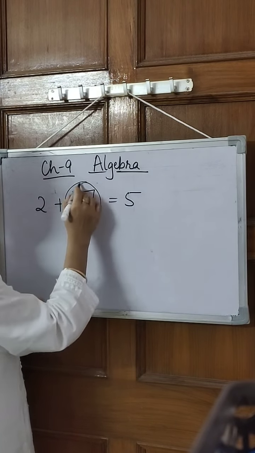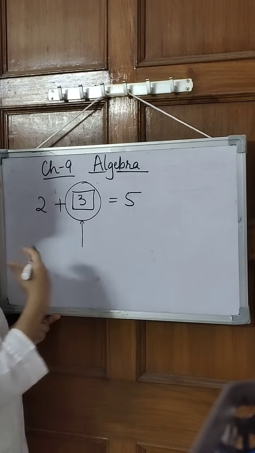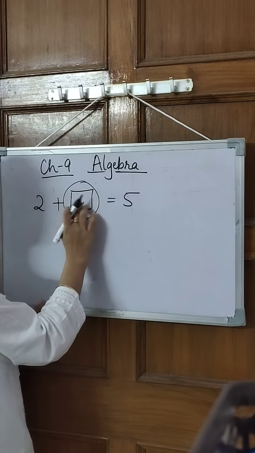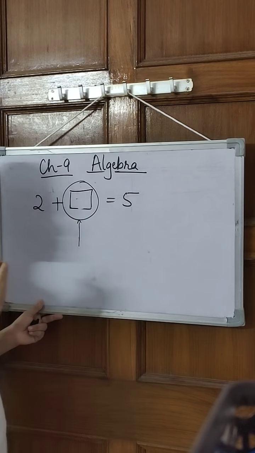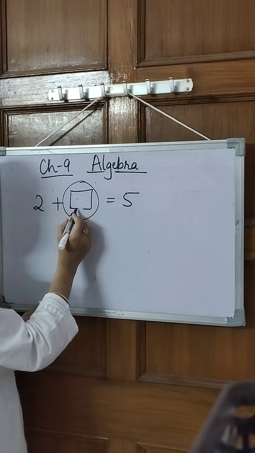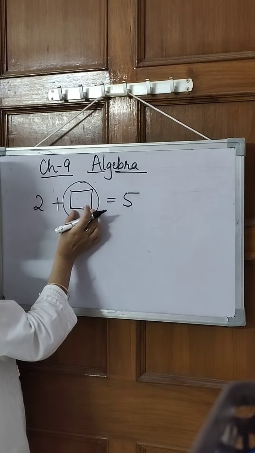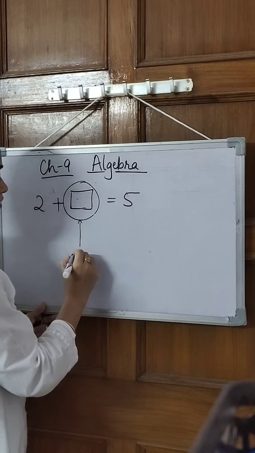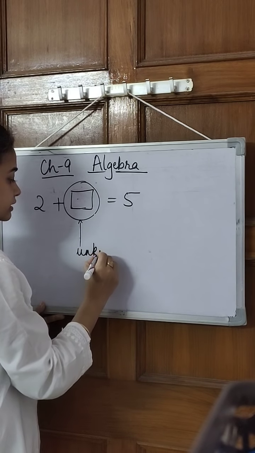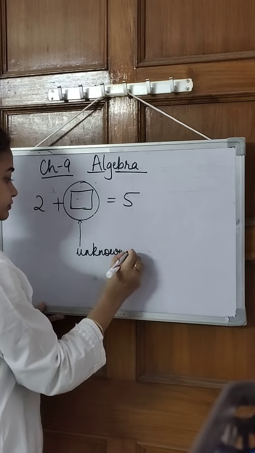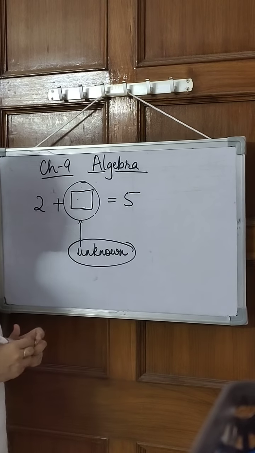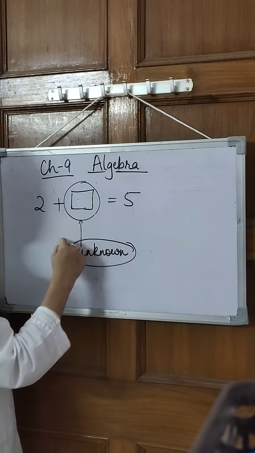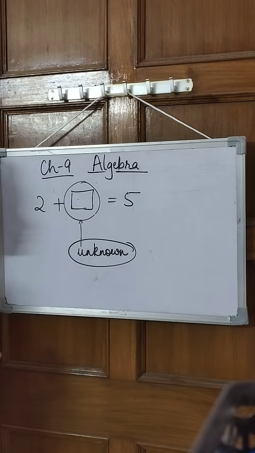What is this value here? This value is something whose value is not known, isn't it? This box was not known to us, and that is why we have made a blank here, and then we say that find out the value of this blank. So this is a quantity that is unknown. It's a very important word that we use in algebra. And this unknown quantity I have represented with the help of a box.